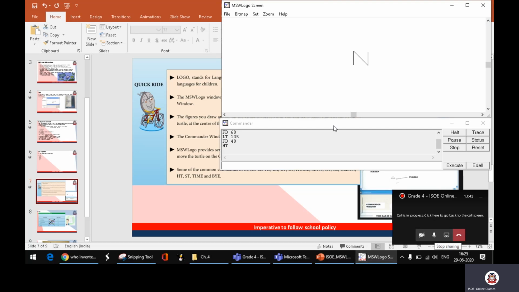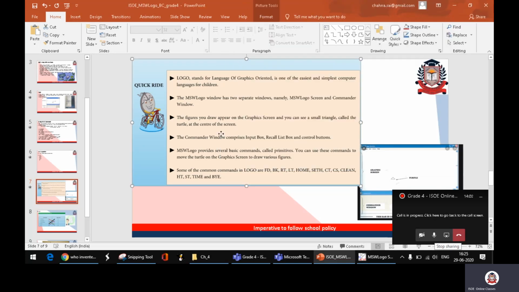Turtle. See, here I showed the turtle and I want to see the clear screen. See, this is called the turtle. We will move the turtle and change the directions by using some commands. Okay, this is how we need to use the turtles.